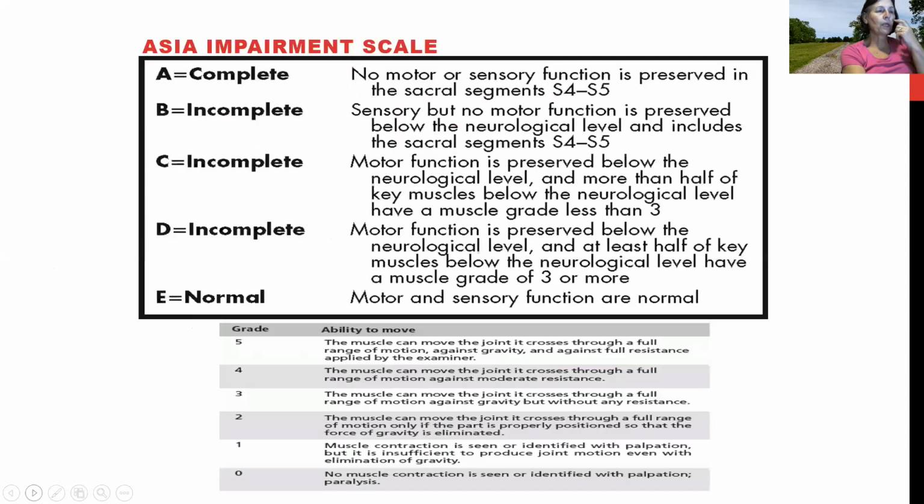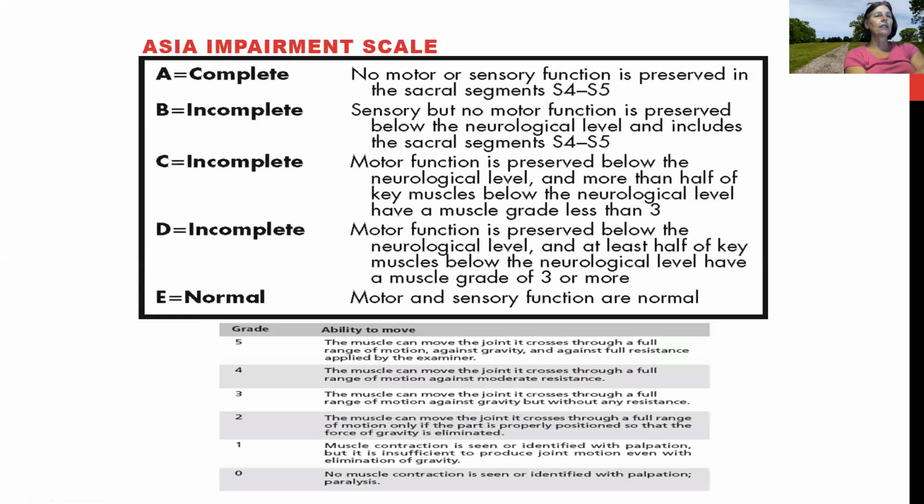So here's our ASIA impairment scale. It gives them 0 to 5 of muscle strength on the bottom. The bottom little thing tells you how strong your muscle strength is on a scale of 0 to 5. The ASIA impairment scale is the A through E at the top. And what it's